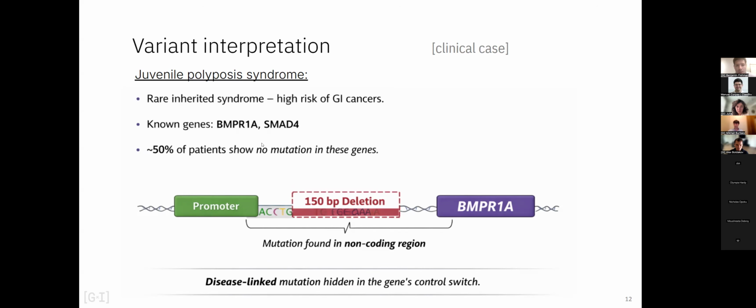For example, there is a gene, BMPR1A, which is known to cause a specific type of very strong inherited predisposition to cancers. It's known about the gene, but it's less known how this gene is controlled. And a couple of years ago, there was a publication about a series of deletions in the sequence near the promoter of this gene. It was not really known